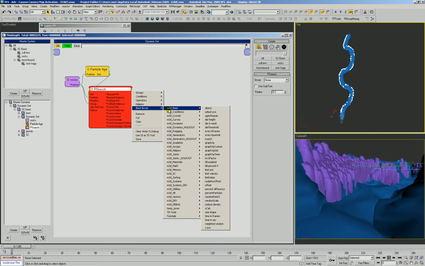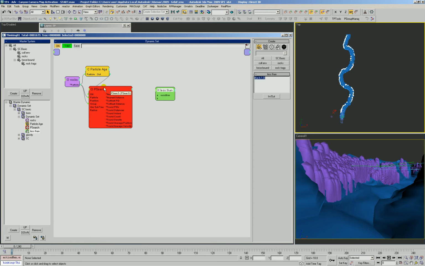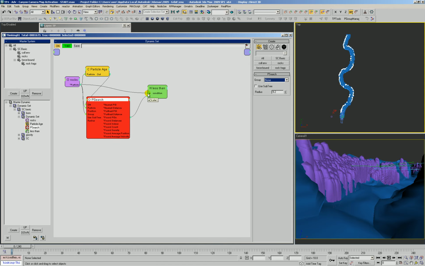So we'll do a little comparison here. M3D condition, black box, say less than. So we'll just take the PID of this and pump it into all the found PIDs. So it's going to say, hey, is my current rock less than each of the found PIDs? And if it is, then it's going to delete those found PIDs. And remember, it's going to iterate one at a time through each of those found PIDs. So let's go ahead and